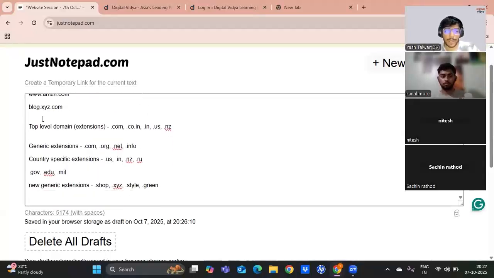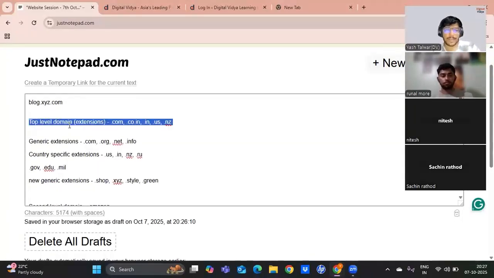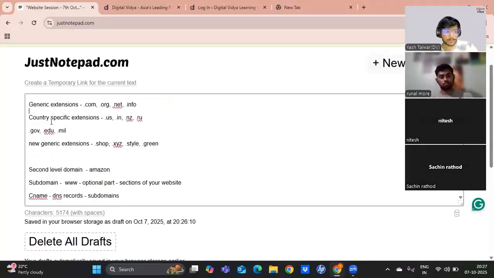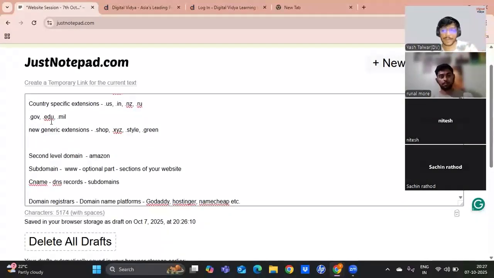These are also known as TLD, top level domains. The examples that I use .com, .co, .in, .us, .nz, etc. The ending part of the URL is known as the top level domain or the extension. Then the center part where your product's name is, where your business's name is, that is known as second level domain, right?